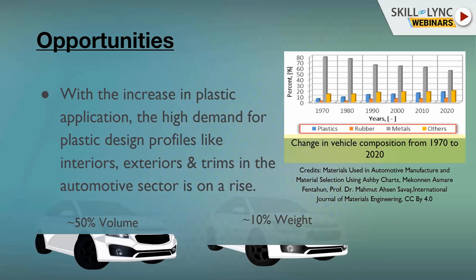When we talk about just the Indian market, in 2019 India was the seventh largest manufacturer of commercial vehicle, and in 2020 India was the fifth largest automaker. There's a great push from government for EV, which is electric vehicles, and more players are entering the EV market. Even companies like Tesla are eyeing to enter India market. So even leaving the world aside, if you look at India, automotive sector is rising, and in automotive sector, plastic is rising. So the opportunity is huge in the industry.